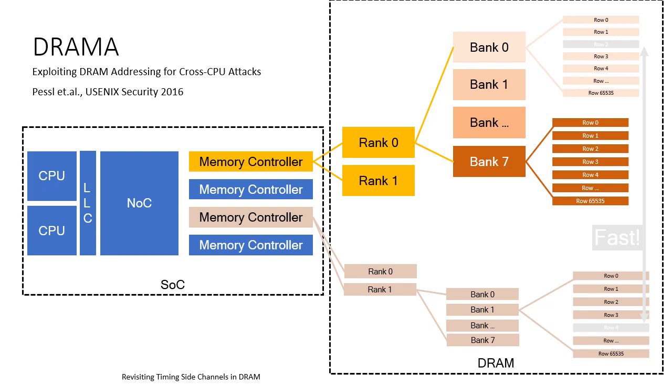So, as an example, accessing rows in two different banks. In this example, we see bank 0 at the top and bank 1 at the bottom. We're accessing two different rows in parallel. That is fast because there's very little contention, very little shared resources. No serialization in the bank. But accessing two of the same rows in the same bank, as we see at the top here, that is going to be slow because then one row access has to wait for the other row access to happen.